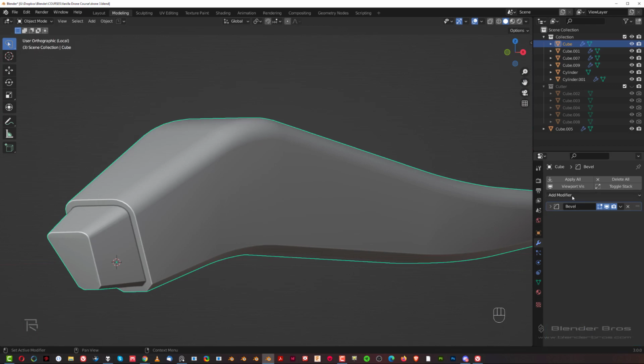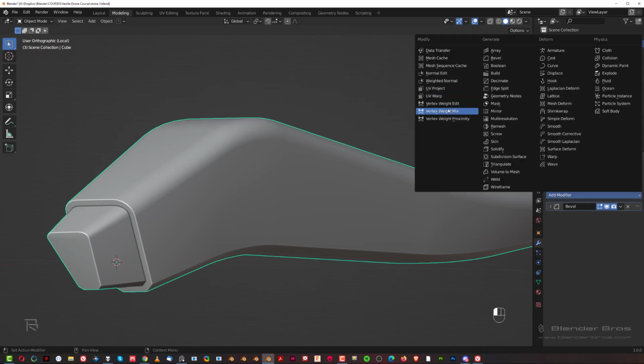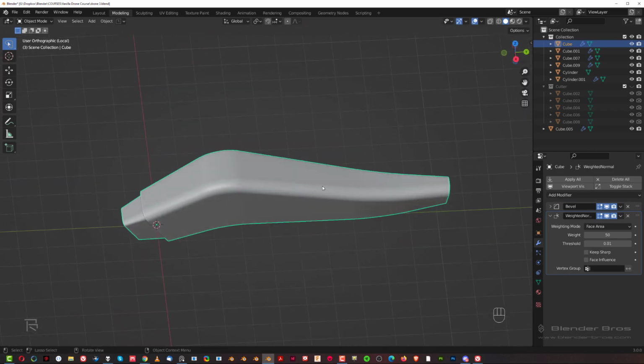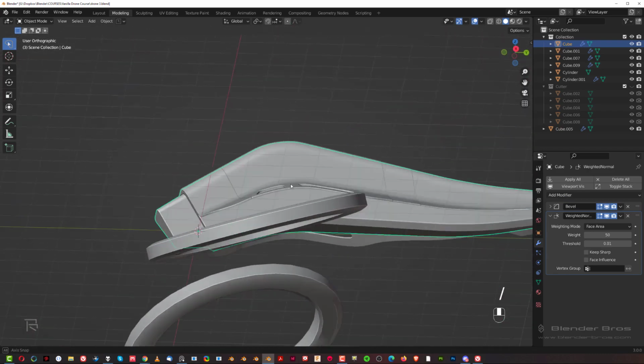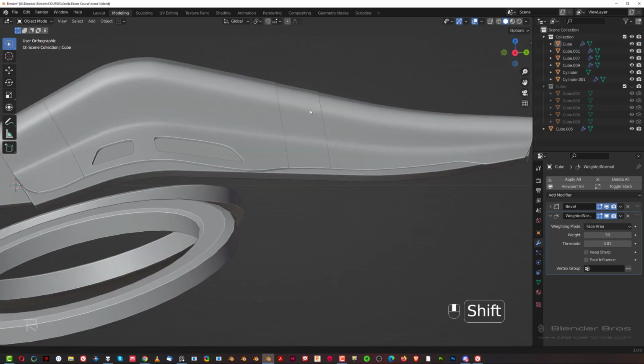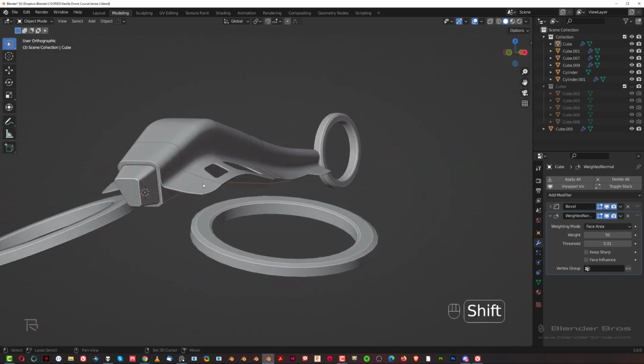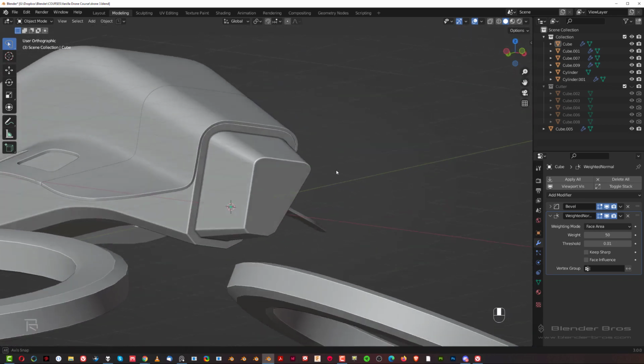And we're of course going to need weighted normals with the bevel. So we're going to go here and introduce weighted normals. Okay, so here it's going to fix the shading a little bit. It's going to look a bit more tucked in. And it's pretty cool. I like it. So it's just going to read a bit better and gives us a bit more interesting